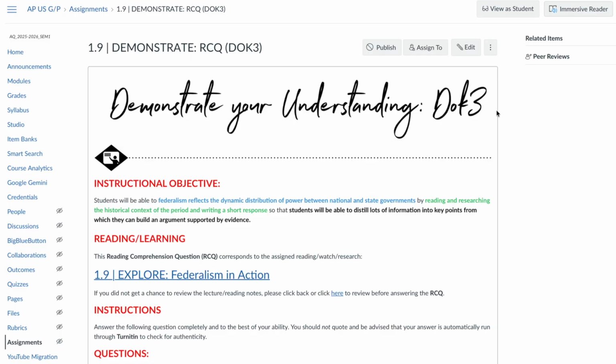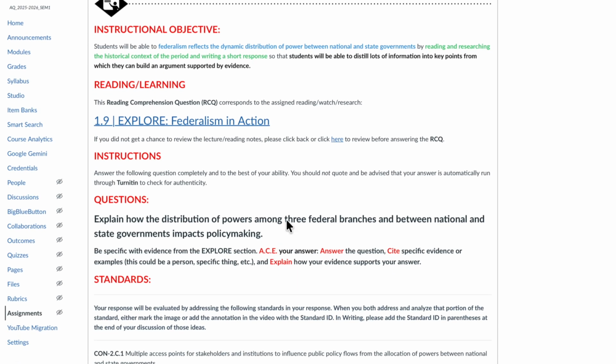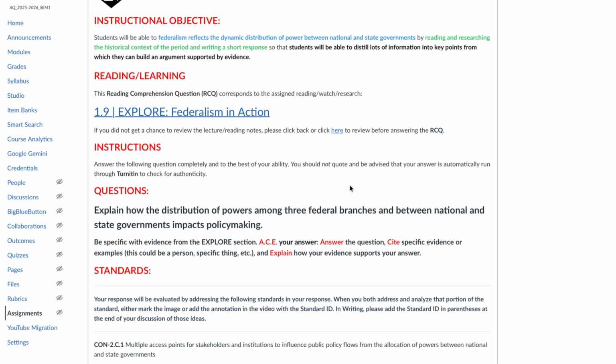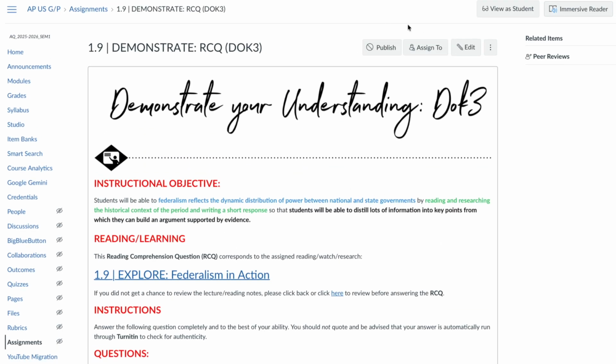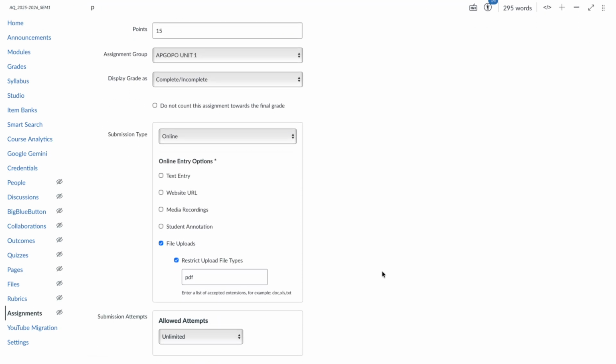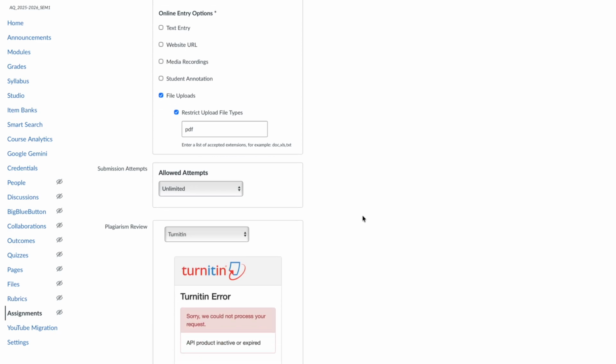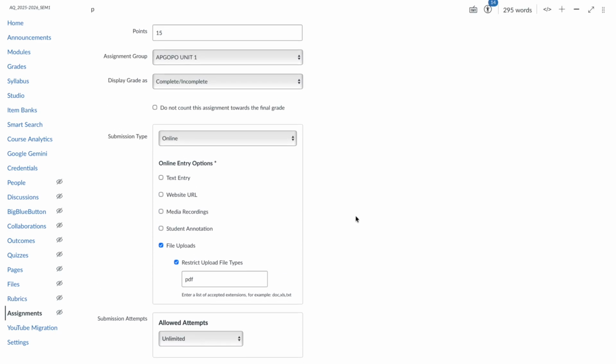Okay, so what I have here is just a regular old assignment. In this specific assignment, the students are supposed to write a short essay response, and I want them to practice writing. But what I really would like to do, when I look at the settings, since I have them writing and they're going to upload a file, or I could have it just be a text entry, maybe that would make sense. And I do need to be mindful of the AI policy, so I probably want them to write it